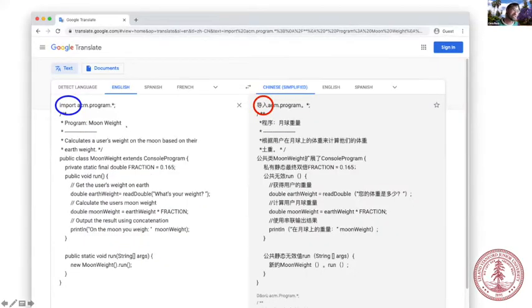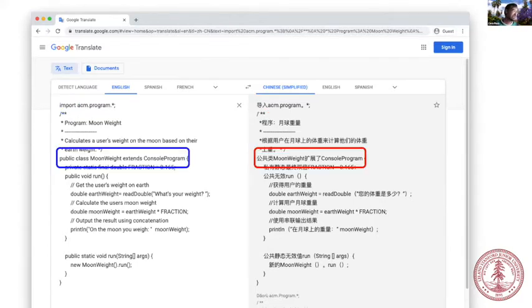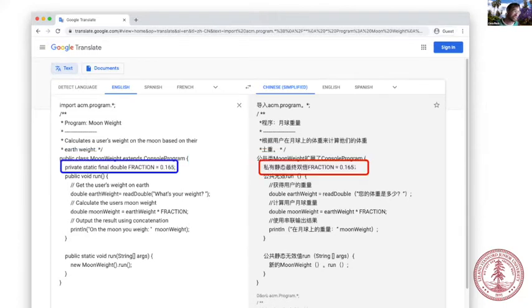We can put it into Google Translate, but basically Google Translate does everything wrong. Everything that shouldn't be translated gets translated, and everything that should be translated does not. So if we take a look at this line, for those of you who program, public and class, those are keywords to Java. You should not translate them. Whereas moonweight, that's some sort of English term that you should translate. But you see, Google does everything opposite. It translates all the keywords and does not translate any identifiers. So there's just not a very nice solution for people who want to switch their code from one human language to another. And we can keep going down to this exact same thing, like public, static, final, double. Don't translate those. Fraction, definitely translate that. What happens? Sad times.